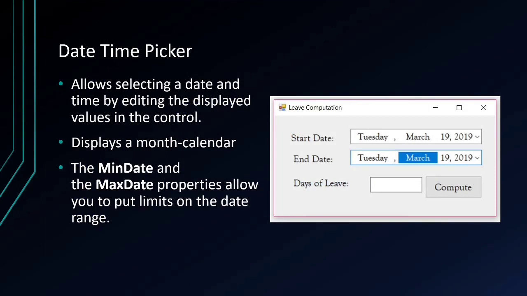Next is the date time picker. It allows selecting a date and time by editing the displayed values in the control. Like combo box, we will have to click the arrow here, but it will display a month calendar. We must set the min date and max date properties, so it will allow the user to put limits